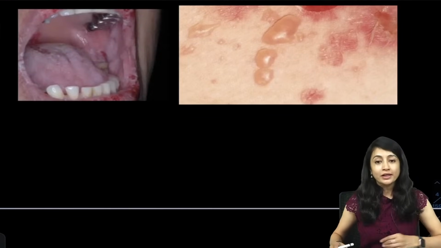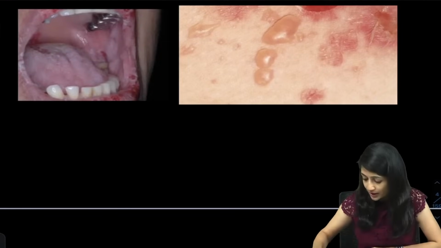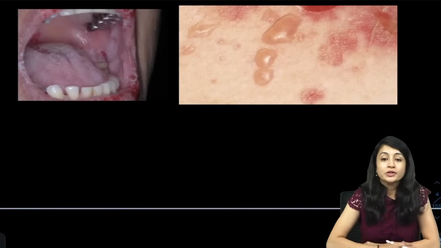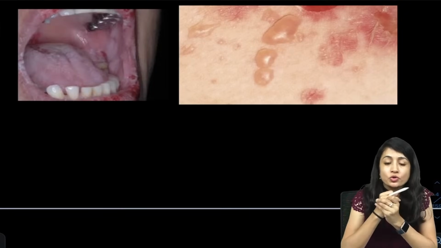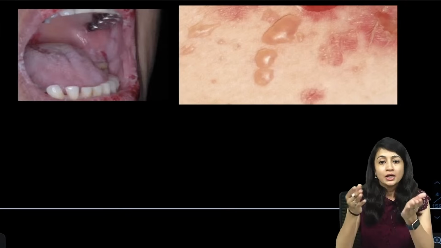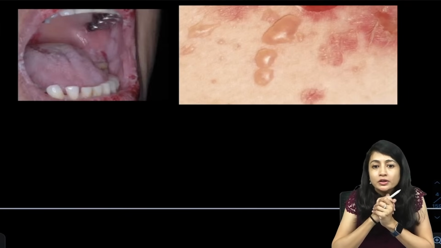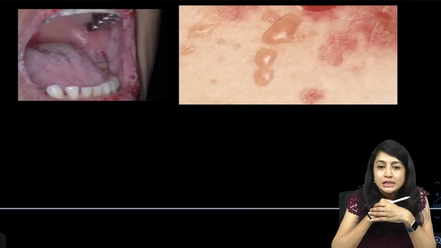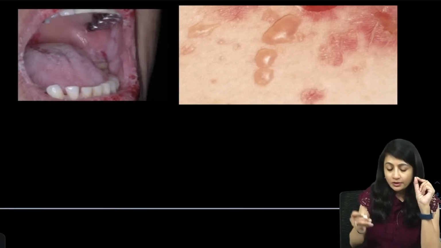So moving on quickly without wasting much time, a topic which is very, very frequently asked. Now moving on to the first very, very important topic in dermatology, which talks about bullous lesions. The common questions which are asked: they'll give you an image like this and tell you that a 40-year-old female presented with bullous lesions on the body. And now the important clues that may be given to you are